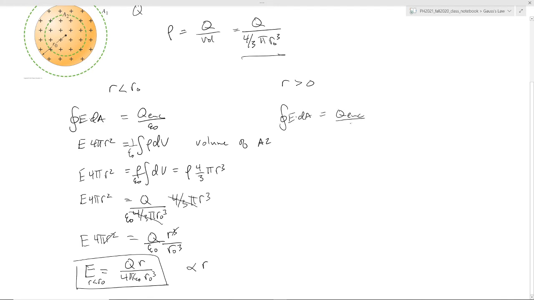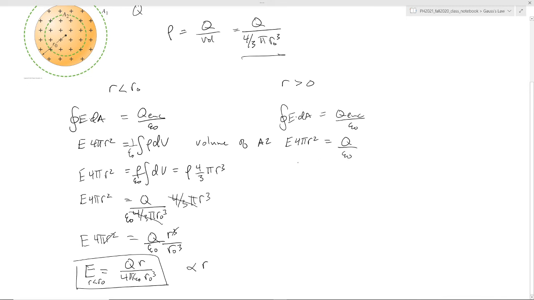Now, this is the simple problem that we've already looked at a time or two. The symmetry arguments still apply. So E dot dA, since E and the area vector on that surface are always parallel with a spherical surface centered and surrounding a spherically symmetric situation, this will just give us E times 4 pi r squared. And now this is simple because the charge enclosed will just be the total Q,